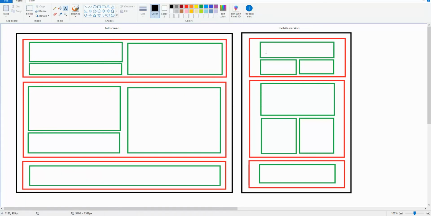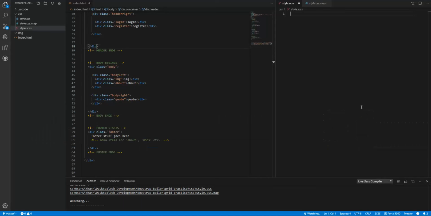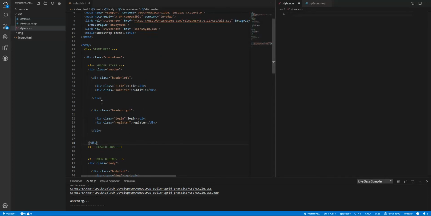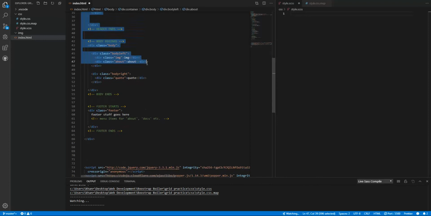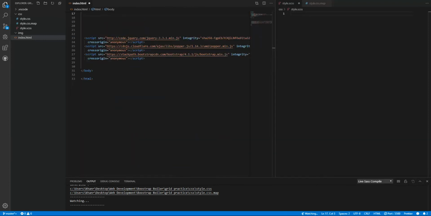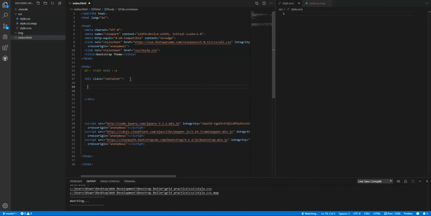So let's take this and put it in our VS Code. So I kind of have the HTML section written out, but you know what? Let's recreate it just because I think it's good exercise for us. So we have our container. Now we said we have a header,